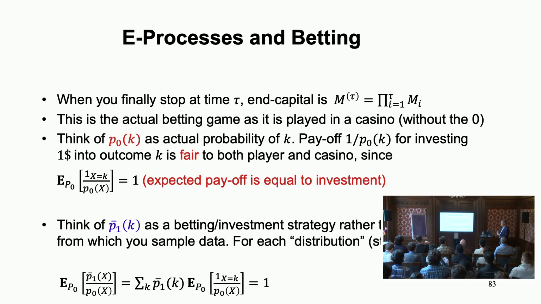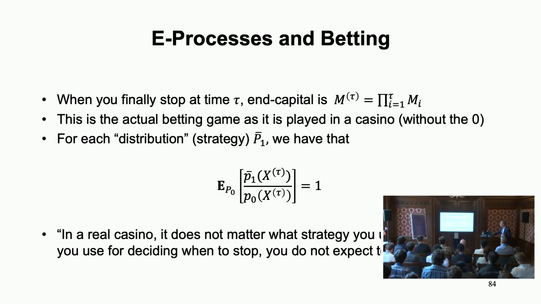And so this P bar, normally when you see this, it looks like likelihood ratios, right? You can see here that at any point in time, you put part of your money on red and part on black, and the weights have to sum to 1, so they're like probability distributions. That's the P1 here. And you get a payoff, which is 1 over some probability distribution. So formally, your capital at every point in time is given by a likelihood ratio. It multiplies like likelihood ratios multiply, so it's kind of the same thing. But the interpretation is quite different.